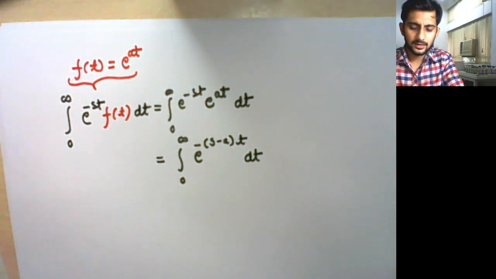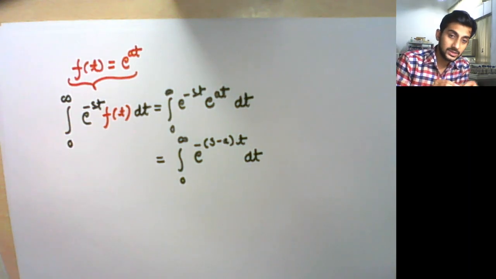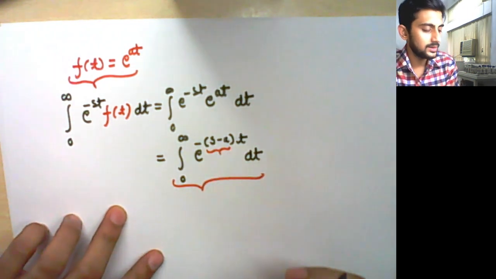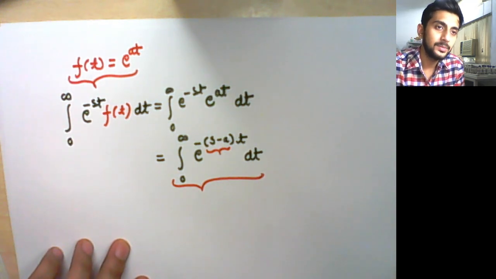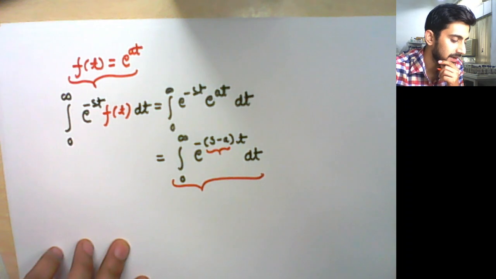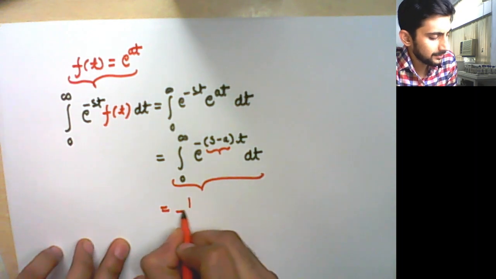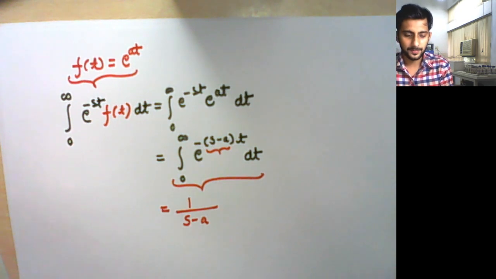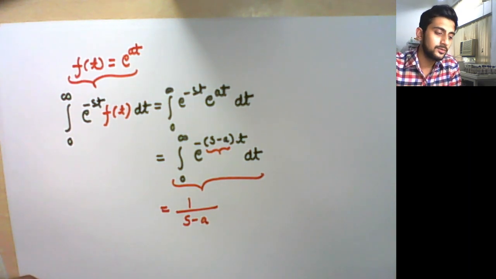Okay. And now, instead of having e to the power minus st dt, this whole thing becomes as if I have shifted s. Instead of having e to the power s over here, I've got e to the power s minus a, minus of (s minus a) into t. So this is nothing but equal to 1 upon s minus a. By the same logic, we calculated the Laplace transform of 1. That's it. So you now know how to calculate the Laplace transform of e to the power at.